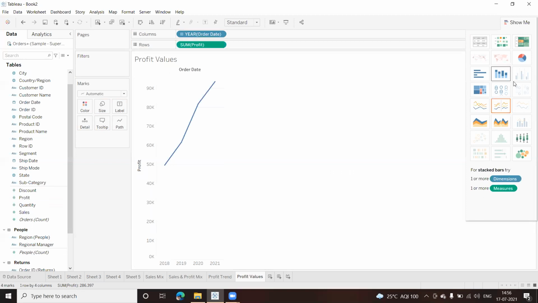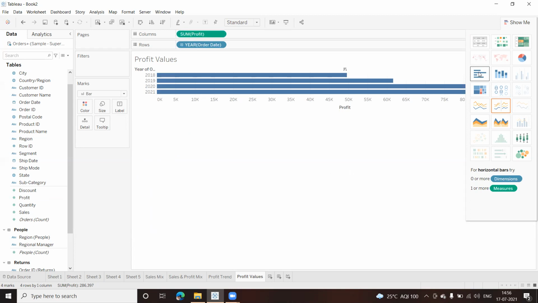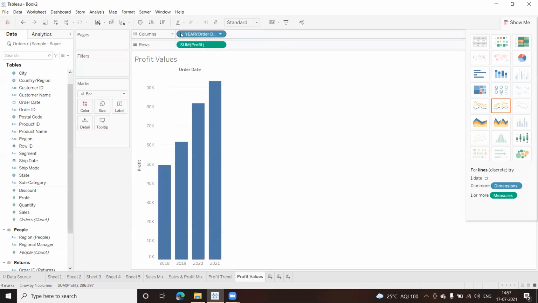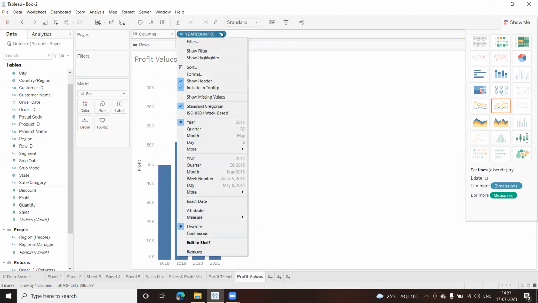Okay, and this I want a bar chart. A bar chart, and I want to put the profit on the color as well. Okay, one more thing I'll be doing is I don't want this in the rows. I want this here, and I'll change this to continuous.